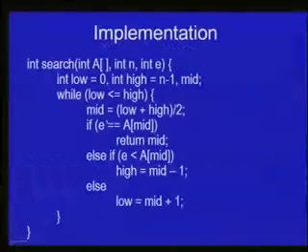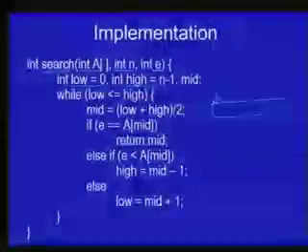So let's now implement this as a C function. Again, the header for the function is the same. We are given the array A, the size n of the array A, that is, it has elements from A[0] to A[n-1], a total of n elements, and E is the value that we are looking for. These variables low and high indicate what part of the array we are currently focusing our attention on, that is, the part of the array in which we need to search for E. As we saw when we discussed the algorithm, in every step this part of the array gets reduced to about half of the size that it was in the last step.